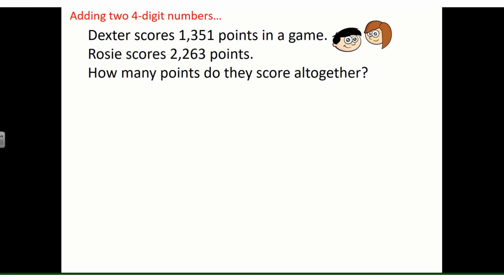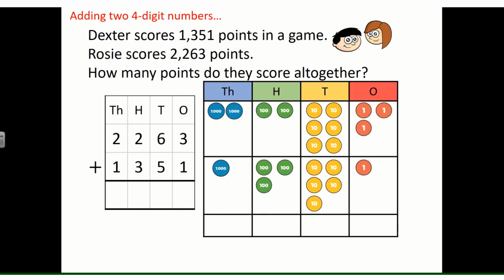For example, Dexter scores 1,351 points in a game. Rosie scores 2,263 points. How many points do they score altogether? So in this one, it's asking me to add together 2,263 and 1,351. I've represented it as a column addition, and I've also represented it using a place value chart and place value counters. So you can see in the top of the place value chart 2,263 and underneath